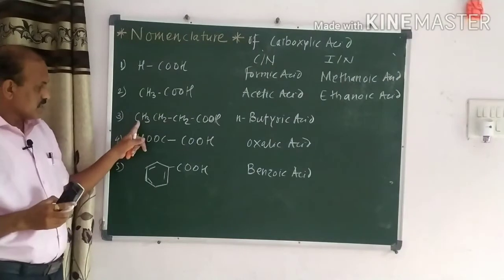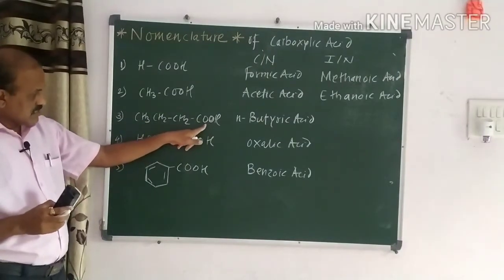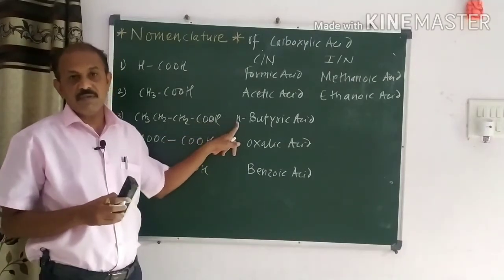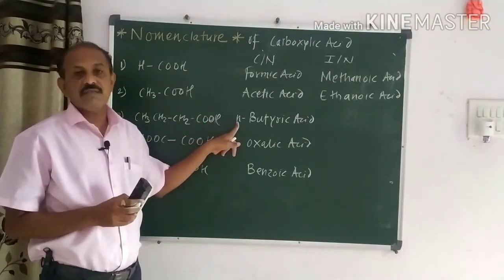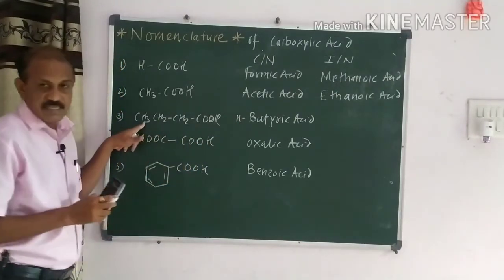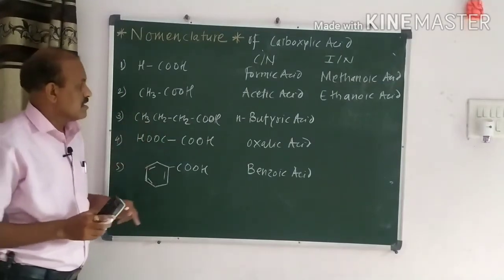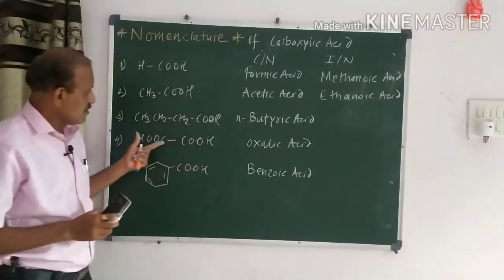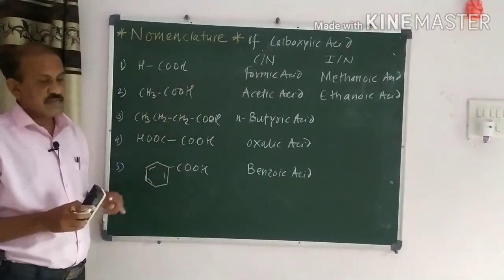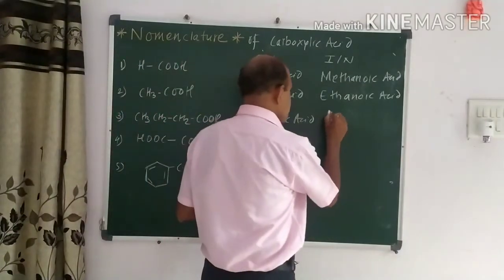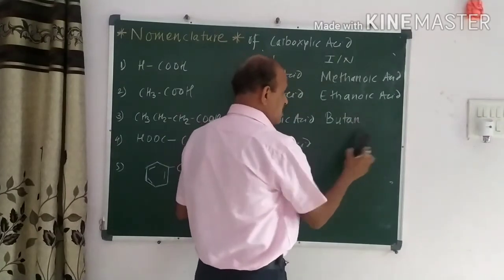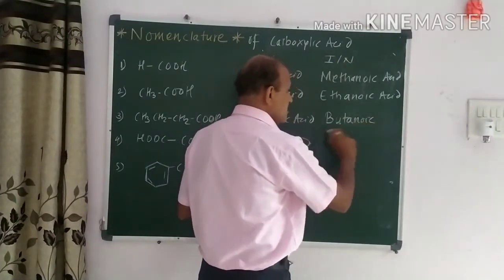Next reaction we have to discuss just like this, as it is in the form of the chain, so we have to use the word N. In common system we have to use the word iso or N, so we have to use this N-butyric acid. So here the IUPAC name of this is very simple, as it contains 4 carbon atoms, so we have to write butane, and from butane it is replaced by the OIC acid, that is butanoic acid.